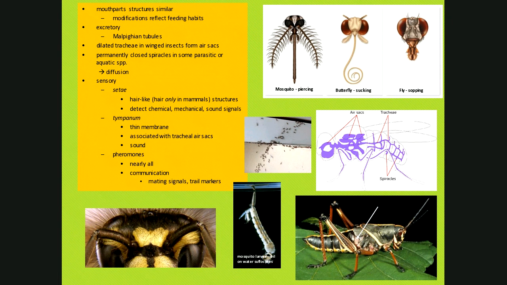Regardless of whether you have big air sacs or just regular spiracles and trachea, the air diffuses in, and then the oxygen diffuses across the cell membranes into the cell. Remember, in diffusion, you go from higher to lower. Inside the cells, the oxygen is being used. So in the tracheals that are outside the cells, it's going to diffuse into it.